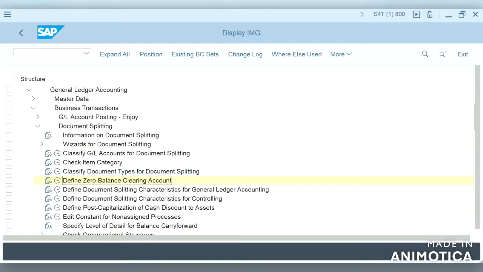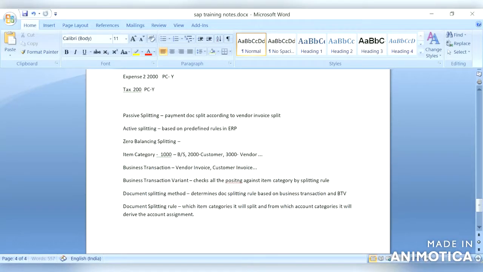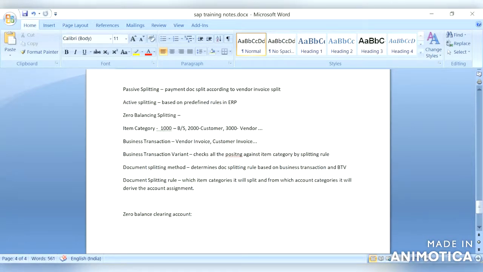So let us move on and check an example. So zero balance clearing account, what does it mean?